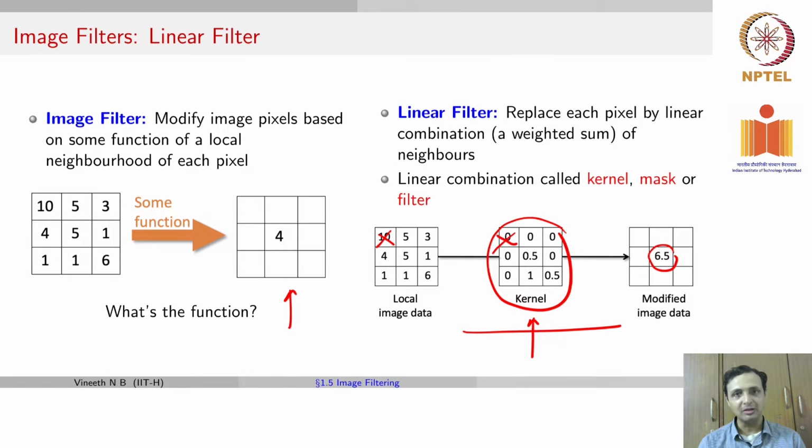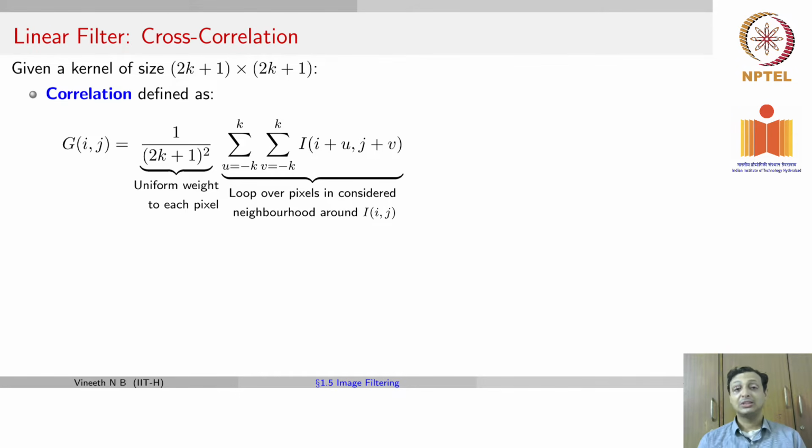Why is it called a linear filter? Because the output is a linear combination of the local neighborhood as defined by the combination in the kernel. Let's formally define this now. So this operation that we saw on the earlier slide can be formally written as, if you had a